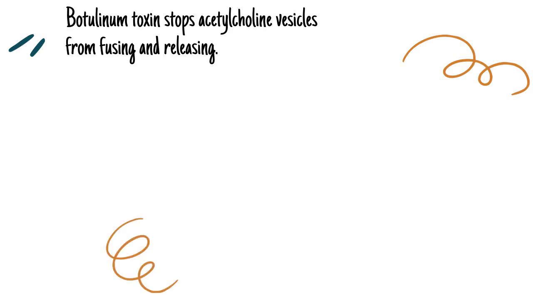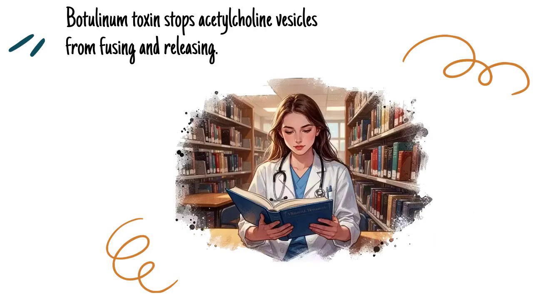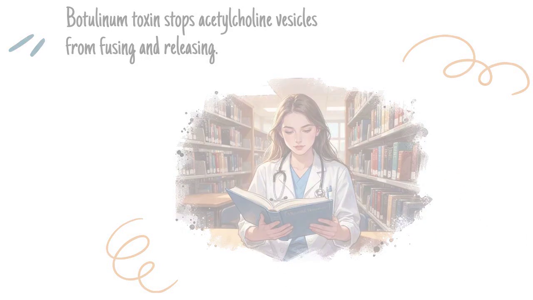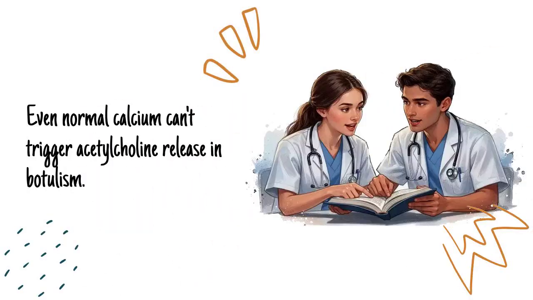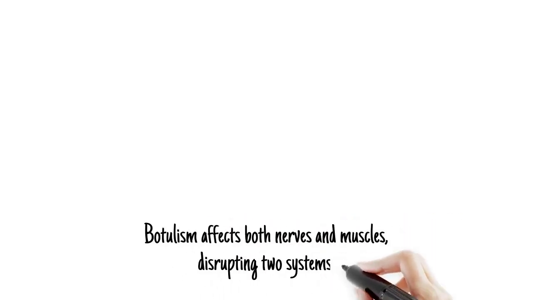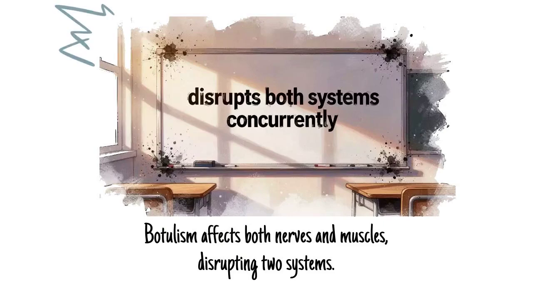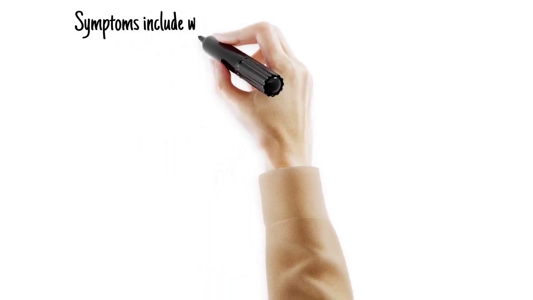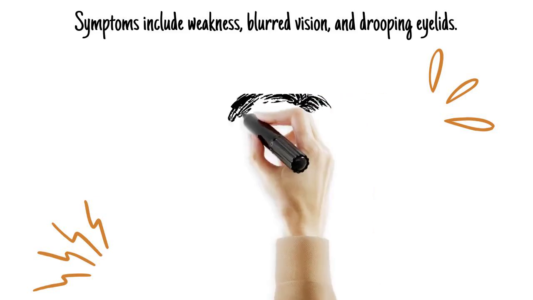Without them, vesicles cannot fuse, and acetylcholine cannot be released, regardless of how much calcium enters the terminal. The calcium signal arrives normally but finds nothing functional left to respond to it. Because acetylcholine is the neurotransmitter not only at neuromuscular junctions, but also at all parasympathetic cholinergic synapses, the botulinum toxin disrupts both systems simultaneously. The clinical picture, therefore, includes skeletal muscle weakness, alongside autonomic involvement, blurred vision, drooping eyelids, double